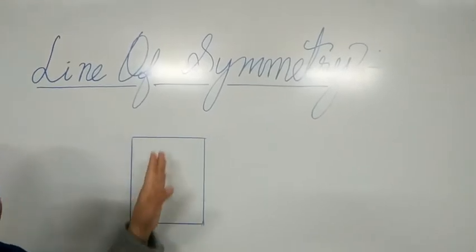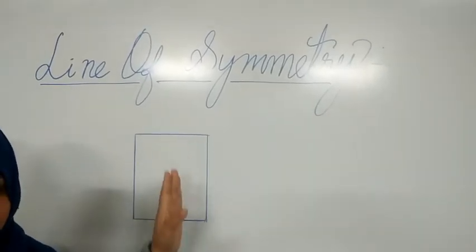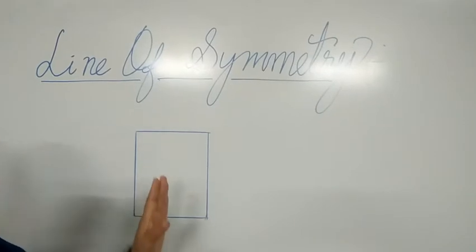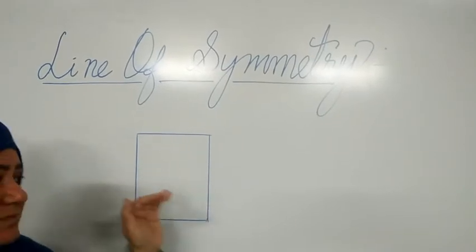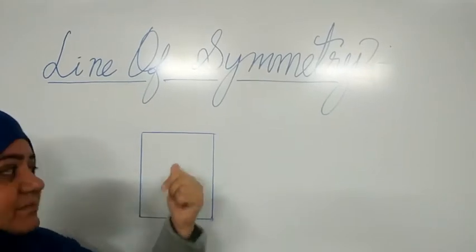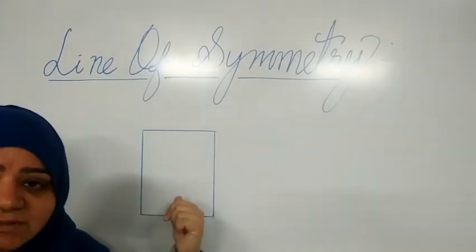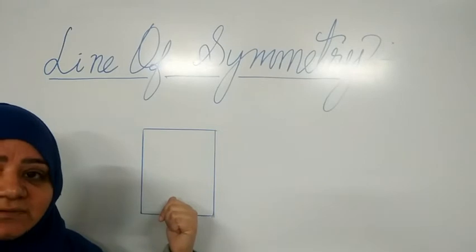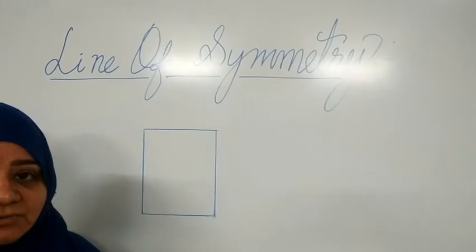एक लाइन जिससे अगर आप डिवाइड करेंगे फिगर को, फिर वो किसमें हेल्प करती है आपको? ये बताने में कि इस लाइन से जब हम काटेंगे या डिवाइड करेंगे तो हमारे पास जो दो हिस्से आएंगे, उस चीज के वो बराबर होंगे. So a line of symmetry divides a figure into two equal halves.